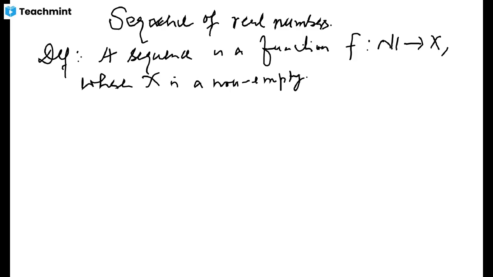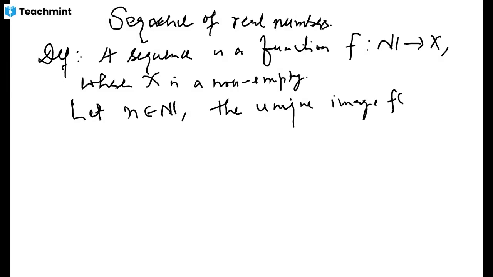But usually when you study sequences, the notation is not kept as a notation of functions. How do we develop this notation? If we take a natural number n, then its image, which is a unique image, which we denote by f of n, and which clearly is an element of X, is usually denoted by x sub n. So x sub n is some element in the set X, the image of the natural number n, and this image is referred to as